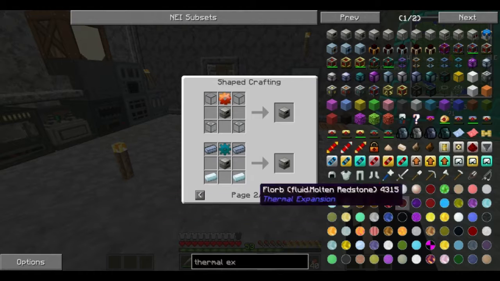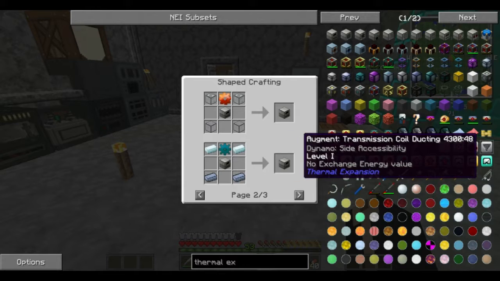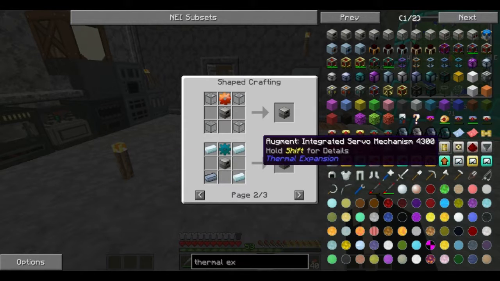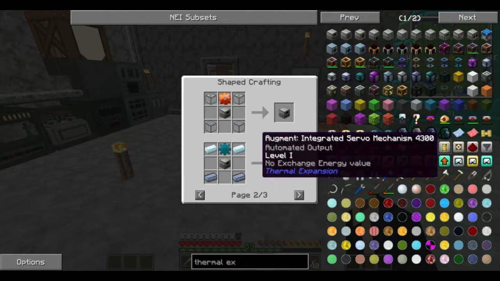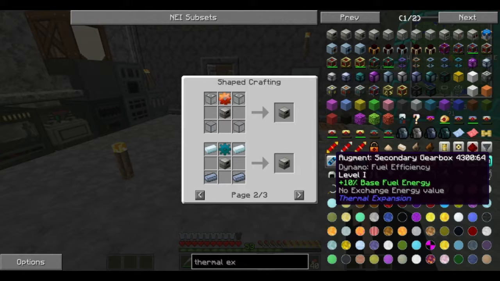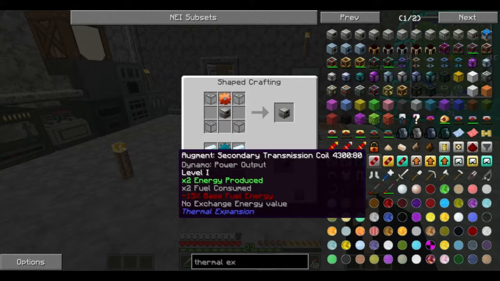And the machines can now be upgraded with these. When you hover over them: automated output, configurable sides, redstone control, transmission coil, ducting, side accessibility. I think that means you can access the thing from the side. These are basically the ones you get from building a machine. They are standard in almost every machine because you can already automate outputs, configure the sides and let them be redstone controlled. But these are the new ones that increase your fuel efficiency from your redstone flux machines, ones that increase the energy,